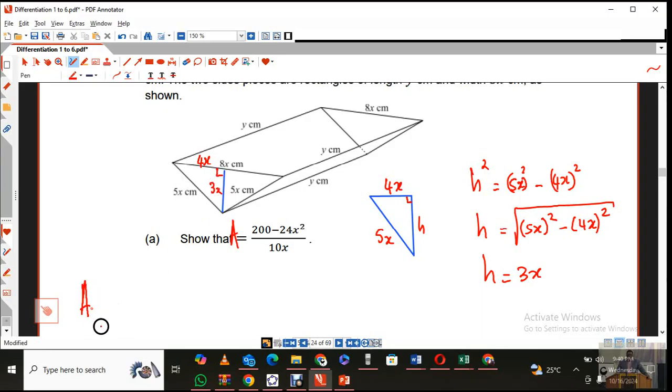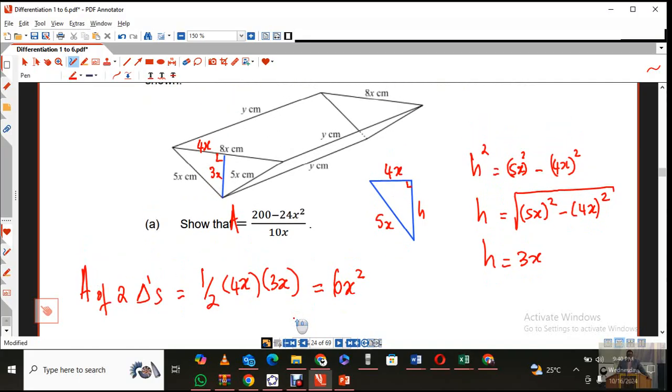The area of the two triangles, that's half times base, which could be 4x, times height, which is 3x. 3x times 4x is 12x squared. So that's going to give you 6x squared. Then you have the area of the